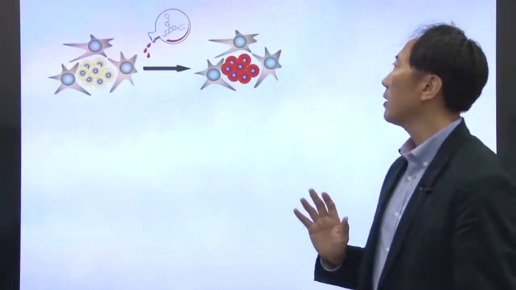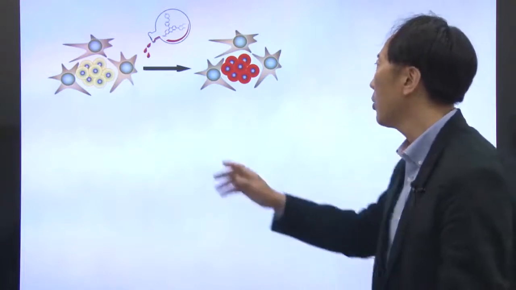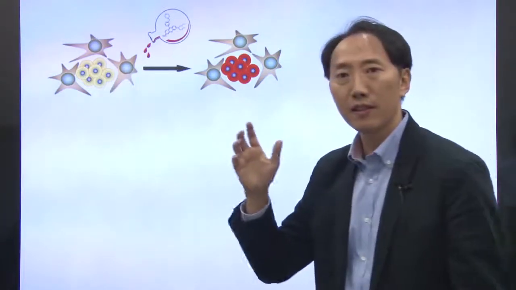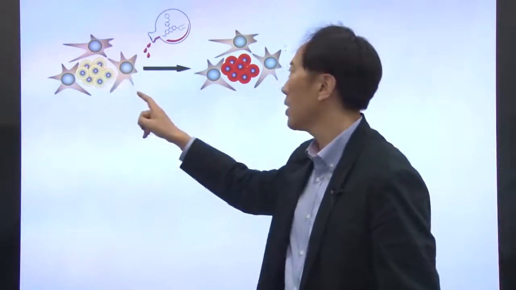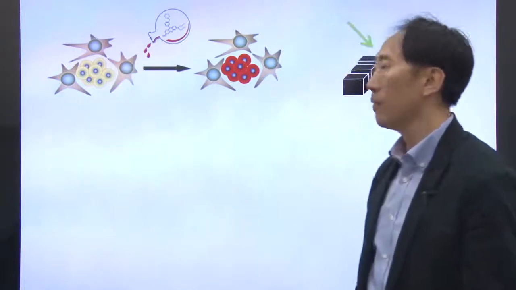Now, if this approach is applied to cells, a cell is a much more complicated system, so it's very difficult to define the target molecule. But if you use the cell itself as the phenotypic screening, then we can still do something. So here, these are stem cells. These are helping cells, the so-called feeder cells.